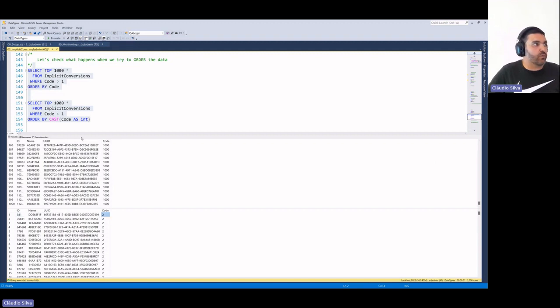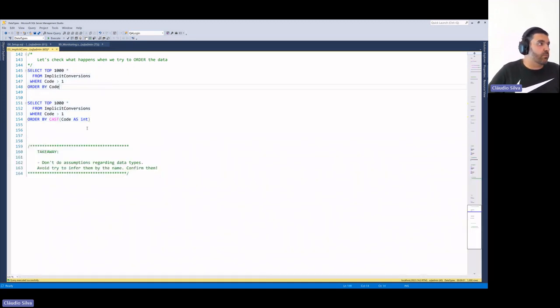If I say that I want to order by a code being an integer, then I have 2, 3, 4, and whatever else. So again, don't make assumptions regarding data types, double check them, and avoid implicit conversions, because that can hit very hard on your systems, even more on queries that run a lot.